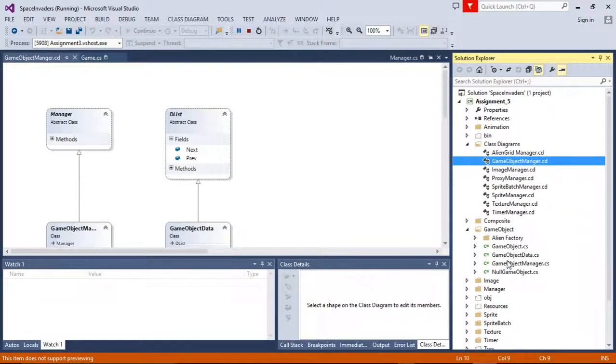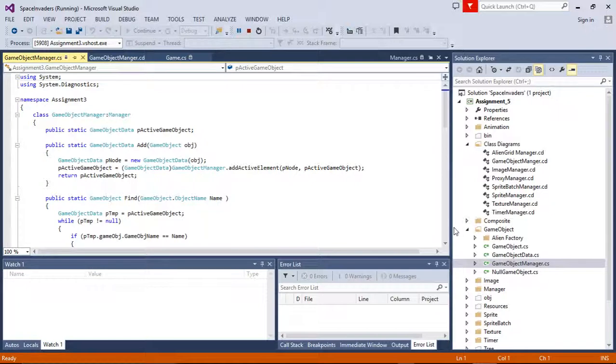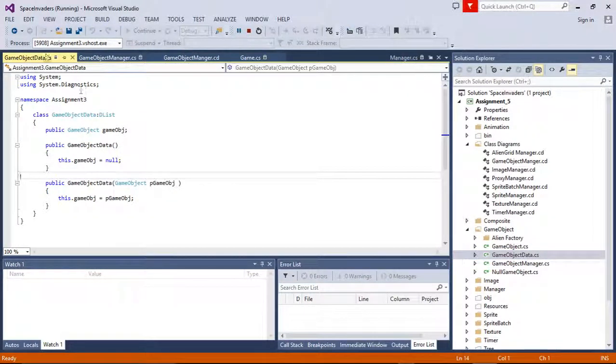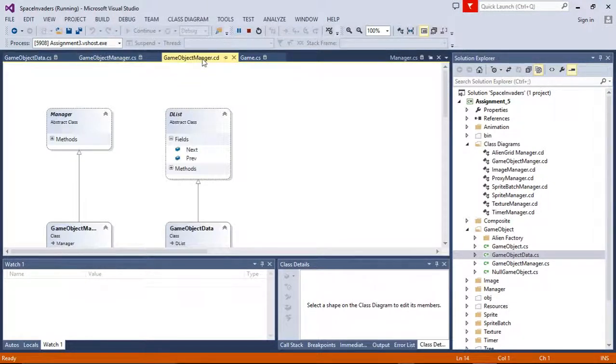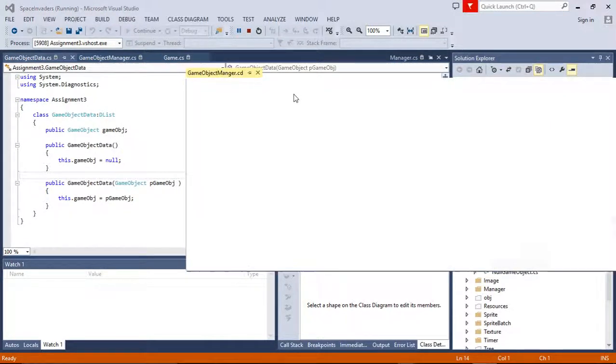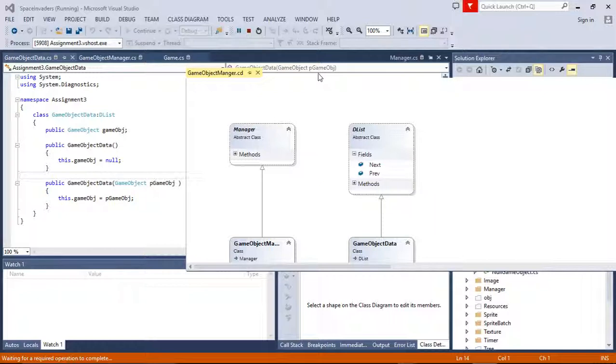And these are my game object manager and game object node. As I said, this is my class diagram for the game object manager.